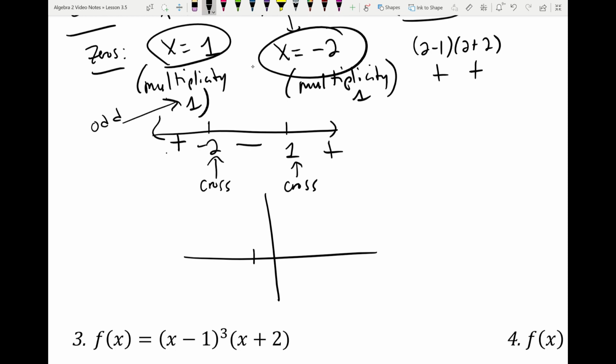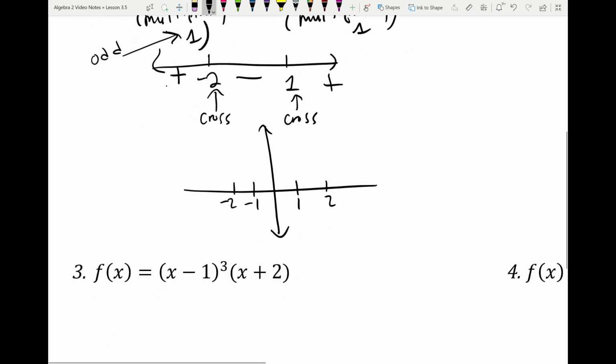So we have -1, -2. We have 1. Again, just a quick sketch. So if we plug in, we know that it's going to cross at -2 and cross at 1. We know that it's positive to the left of -2, so it's probably going up like that. And then we know it's negative between -2 and 1, so it's probably going to be